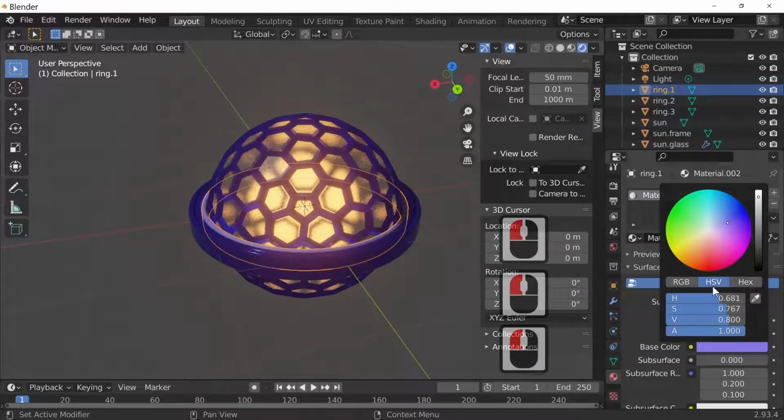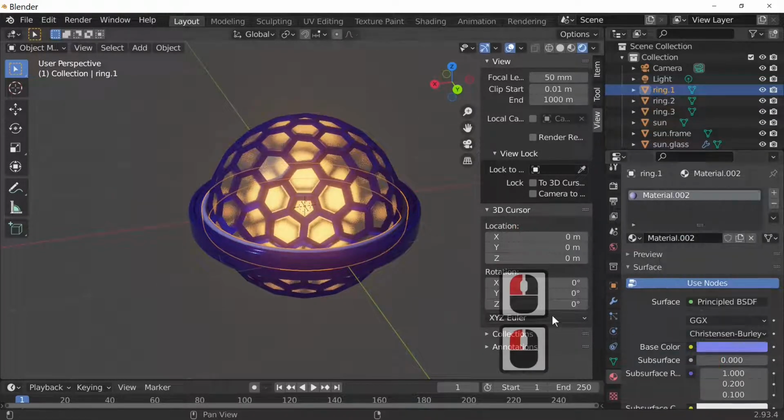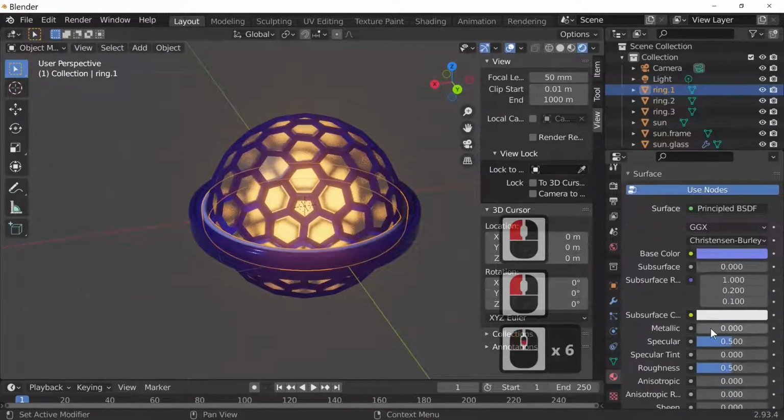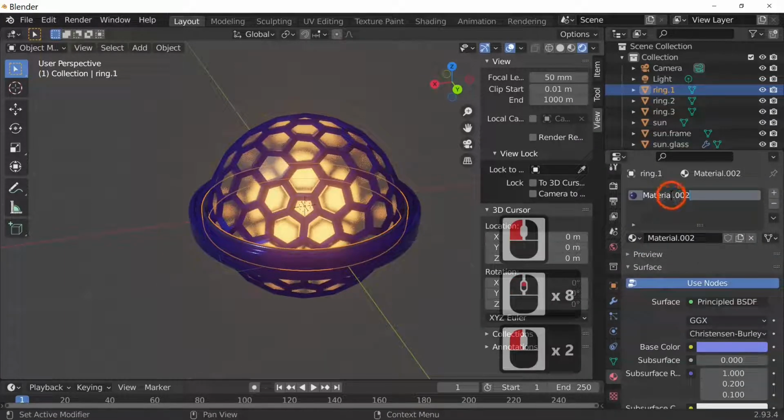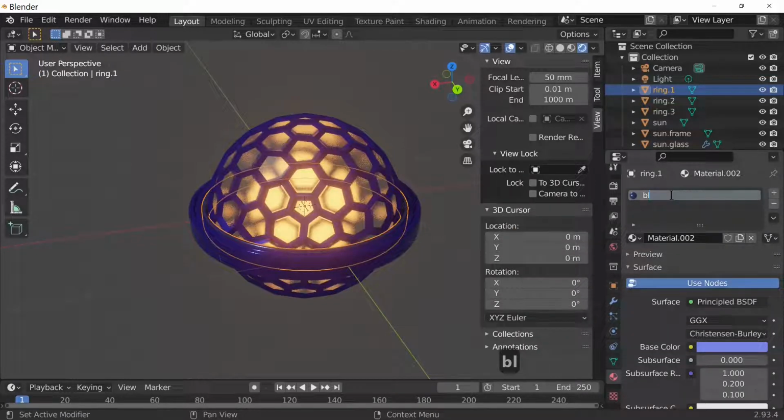Let's make it a slightly different blue, make it metallic, take the roughness right down again, and we could call this material, whatever we wish. I'll just call it ring blue or whatever, ring.